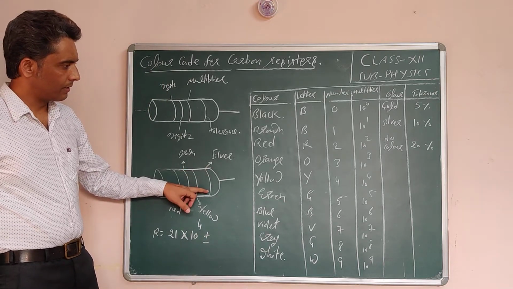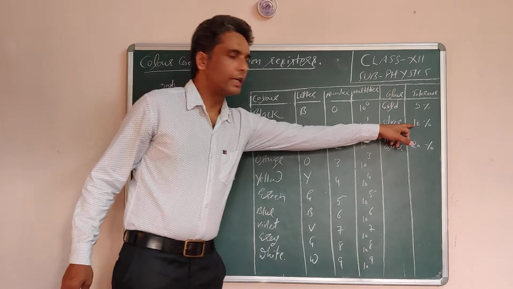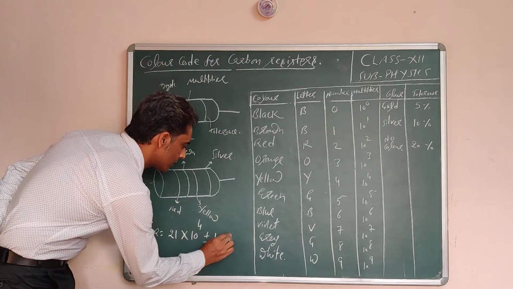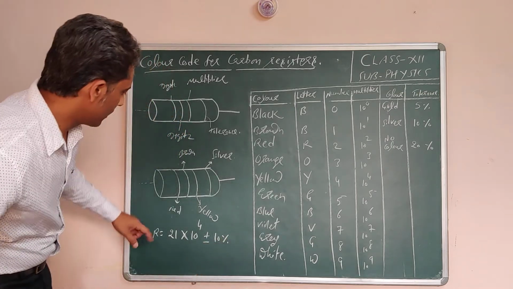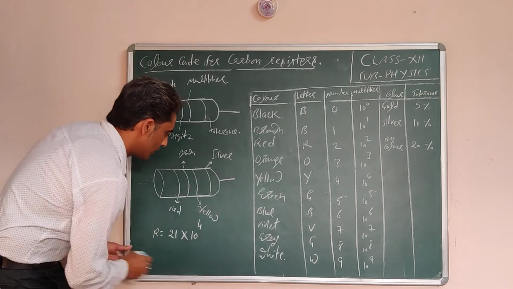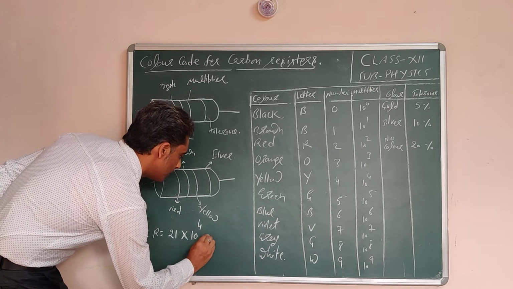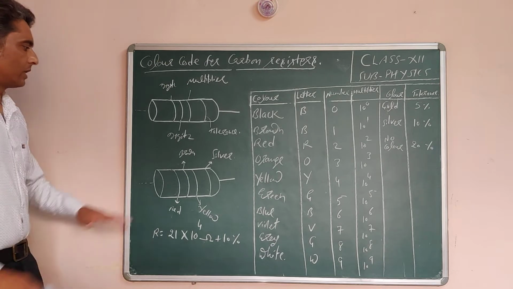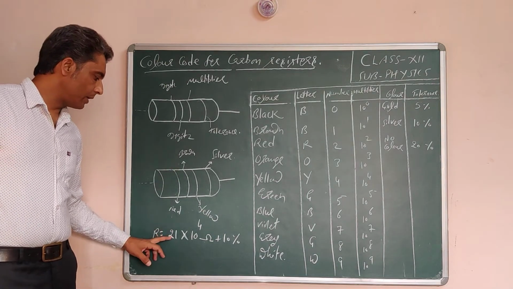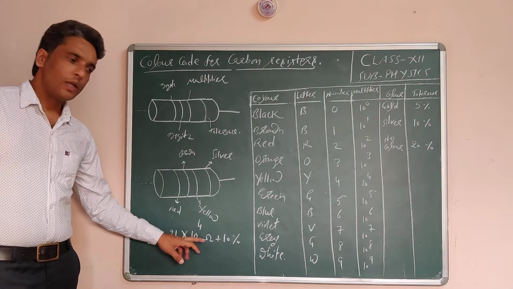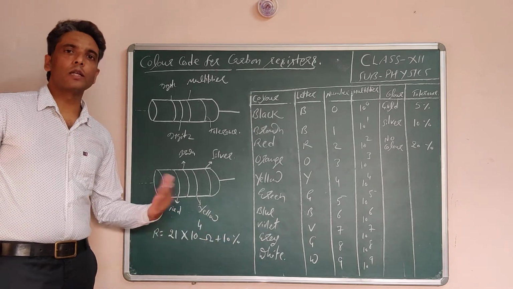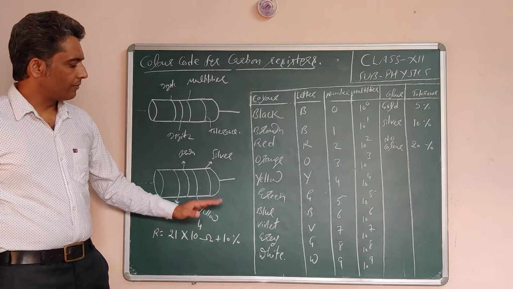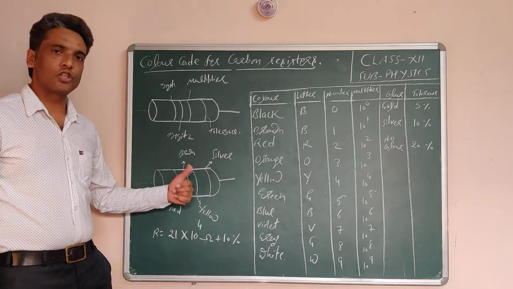This color is silver, and the value for silver is 10%, that is, the value for tolerance is 10%. So here I write 10%. I have not written the unit; this resistance is in ohm. So ohm plus minus 10%. So the resistance of this resistor is 21 into 10 to the power 4 ohm, and 10% is the tolerance. Tolerance means variation in resistance. It is the percentage of variation in resistance which this resistor can withstand.